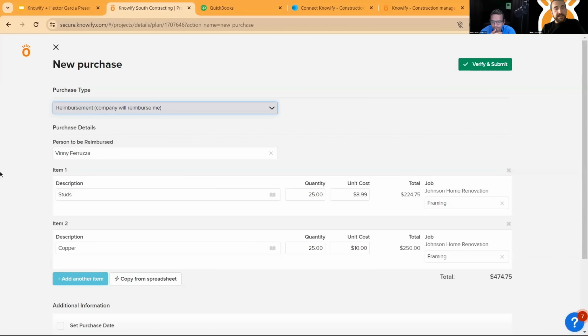Exactly. Yep. And then once those are paid, however they're paid in QuickBooks, we tick that off, we pull that in, and this way we show that bill as paid in Knowify. Because in Knowify, you'll be able to see across all of your bills,